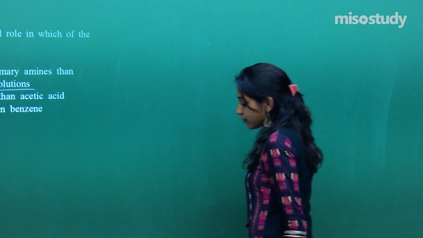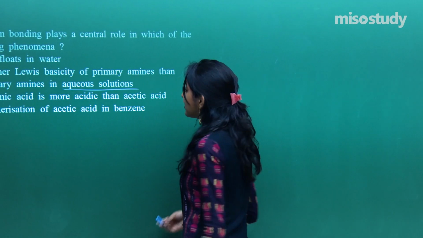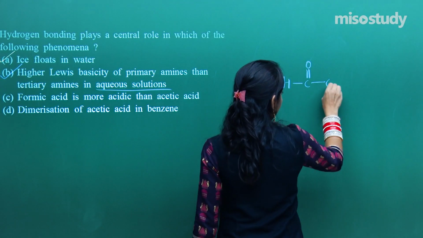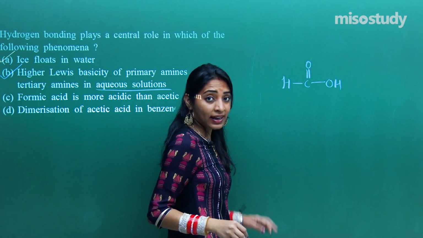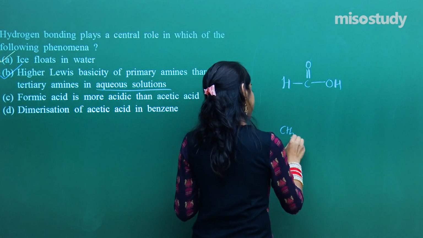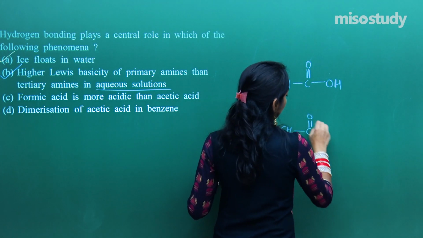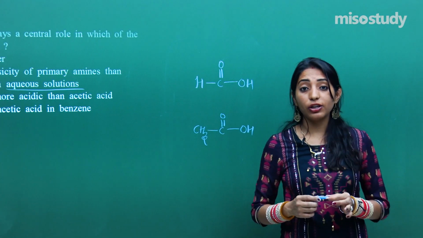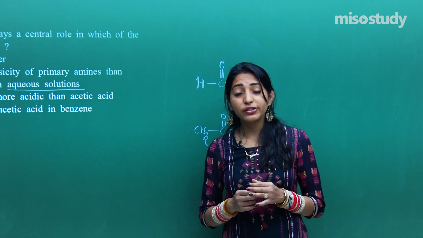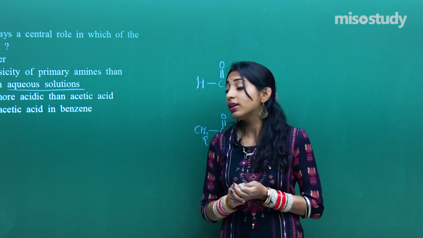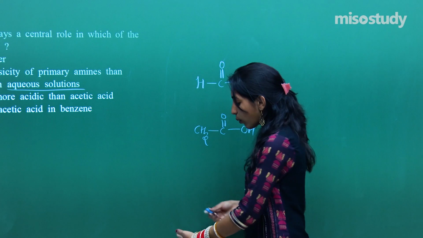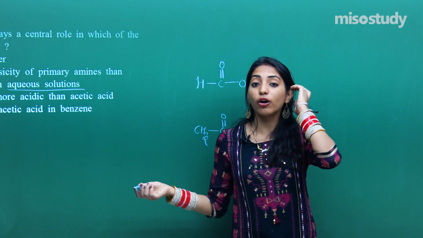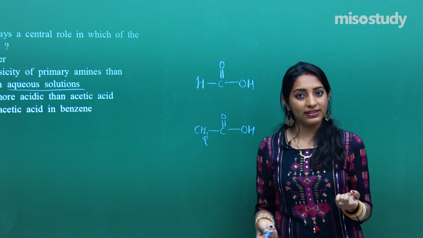Fine. Moving on to the next option, it says that formic acid is more acidic than acetic acid. So see, if I am talking about formic acid, it is HCOOH. And when I am talking about acetic acid, it is CH3COOH. So once again guys, when you are watching my video, maybe you would have learnt organic chemistry, or maybe you would not have even heard of what is formic acid, what is acetic acid. Even if you would have heard of it, you might not have understood how to talk about acidity.